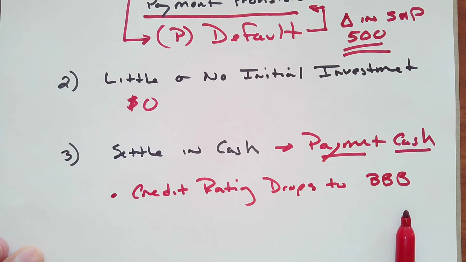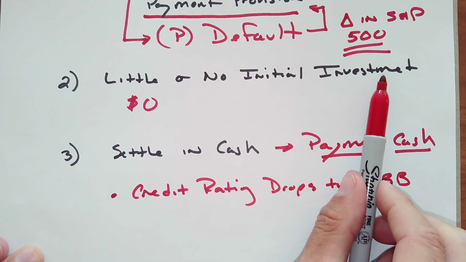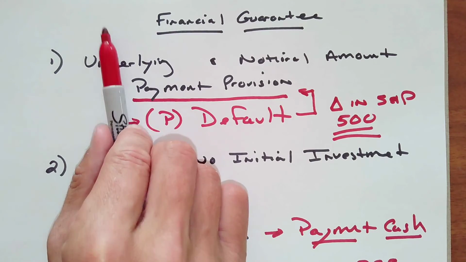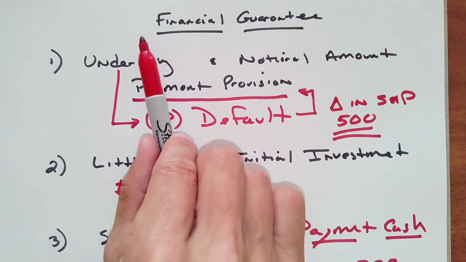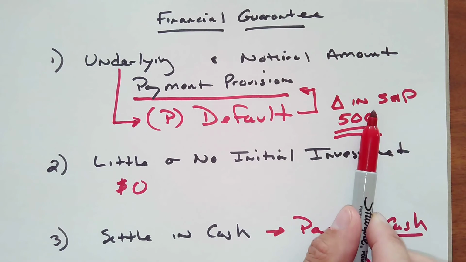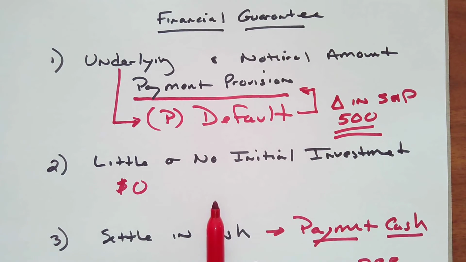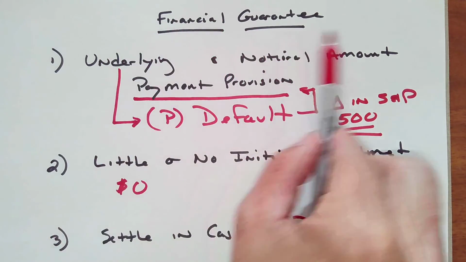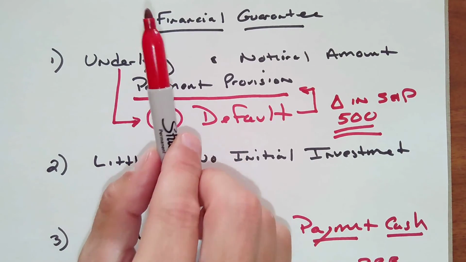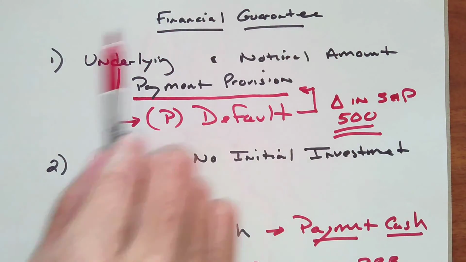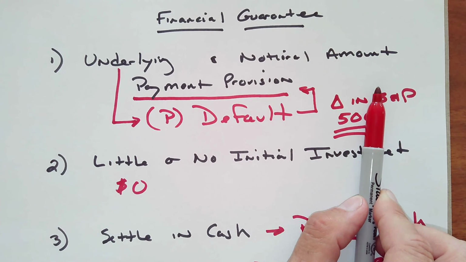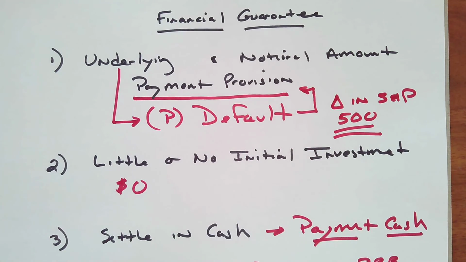If the credit rating drops to BBB or there's a change in the S&P 500, it's still possible that the original person who owed the money that was subject to the financial guarantee could pay them back 100% and they get this additional payment provision. If there's any chance that the person receiving the financial guarantee will get paid more than their actual losses incurred, then it does not get exception treatment. So you have to look at these contracts very carefully to see whether or not it qualifies as a derivative.